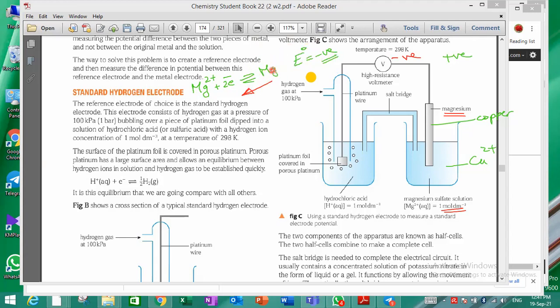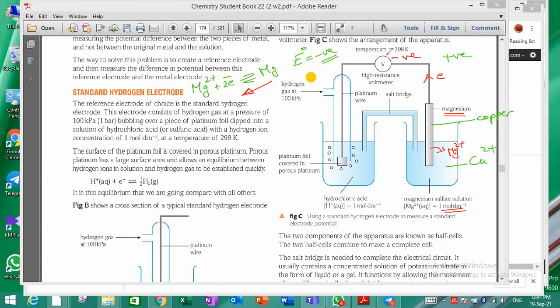It means that the metal is a reactive metal and it would like to be in the form of magnesium ions. We say that the equilibrium lies further to the left-hand side. Because it's a reactive metal, it would like to ionize, or be oxidized, to magnesium ions and electrons. That's why its E naught value is negative. It means that the magnesium metal would like to dissolve as ions, and electrons